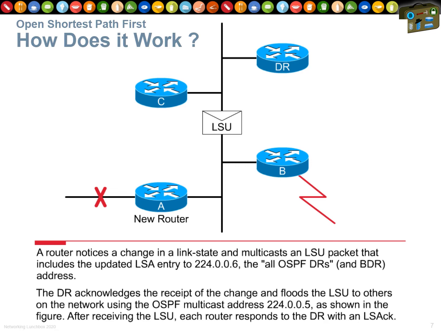So, router A down here has got a problem. One of its networks has gone down. So it sends an update to the designated router, saying I've got a problem with our network. So, link goes down on router A, we send a link state update to the DR, and the DR acknowledges that. Notice that this is a multicast, and it's 224.0.0.6. So it sends a multicast on 224.0.0.6, which is a multicast to all designated routers on this